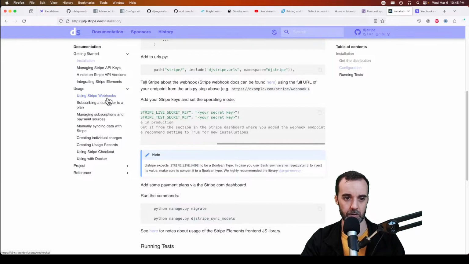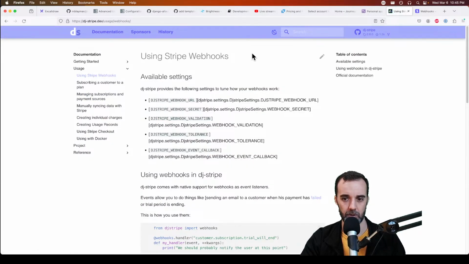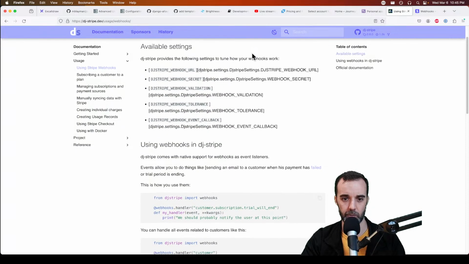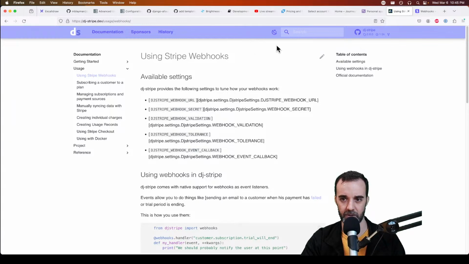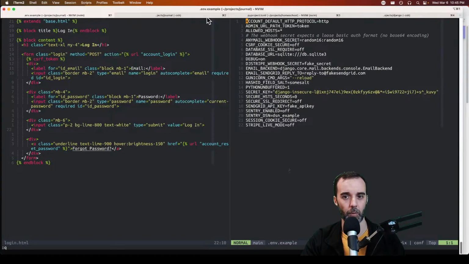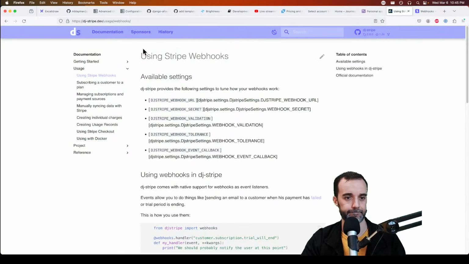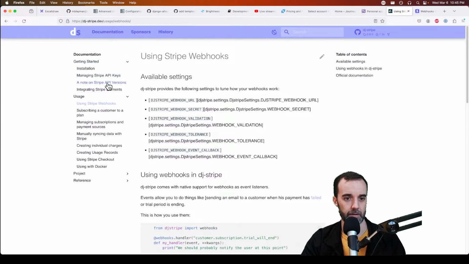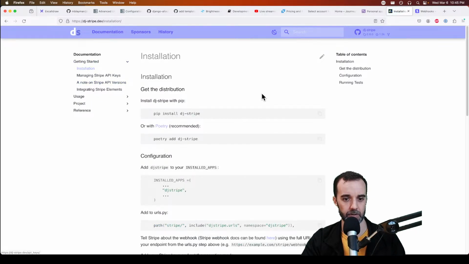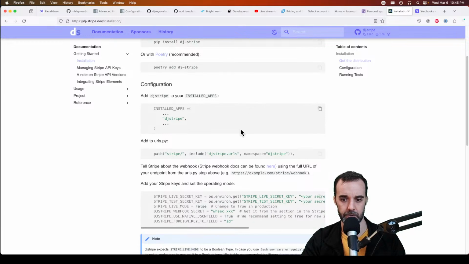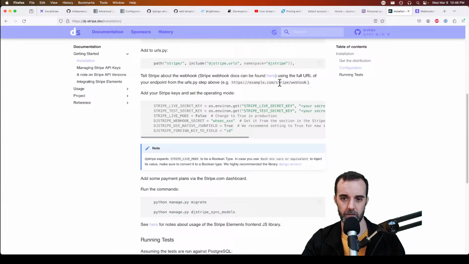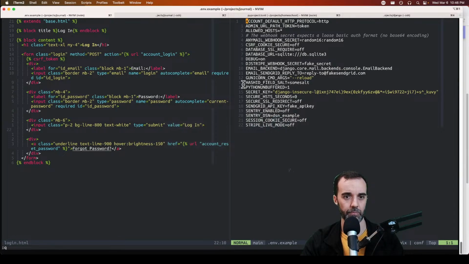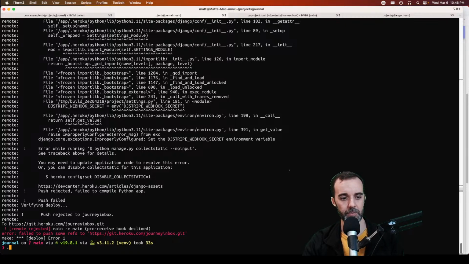Usage. The webhook URL. We've got to plug something into Stripe, and I don't remember what it is. Getting started. Installation. Install. So it's going to be Stripe webhook, I think. All right, we can confirm this with